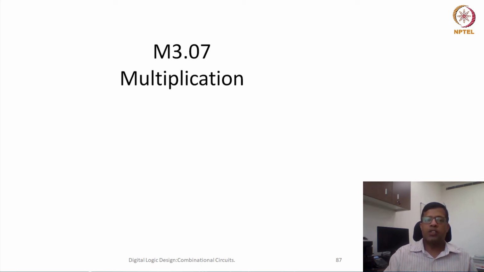So, in this lecture, we will focus on multiplication as well as what are the issues in a regular or naive multiplication, and how we can make it faster. When we are discussing techniques to make it faster, we can also see some new design techniques.